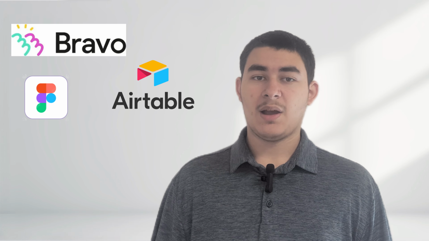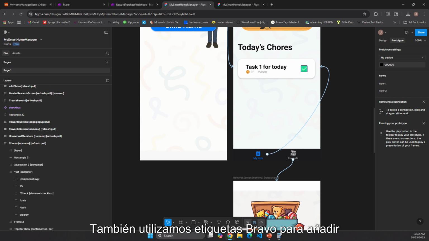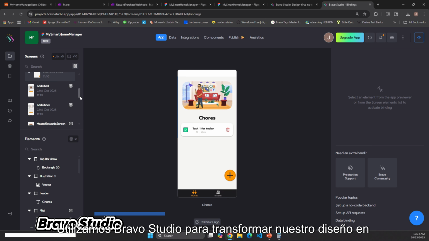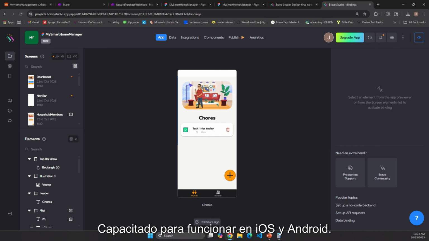Now that you've seen what tools we used, let's go into each one in more detail. We use Figma's prototyping tool to add interactivity to our app, such as buttons and navigation. We also use Bravo tags to add functionalities to our app, such as pulling down to refresh and checkboxes. We use Bravo Studio to turn our Figma design into a fully functional app capable of working on both iOS